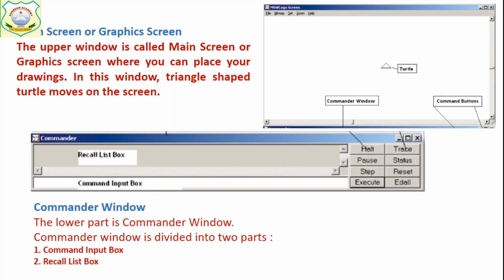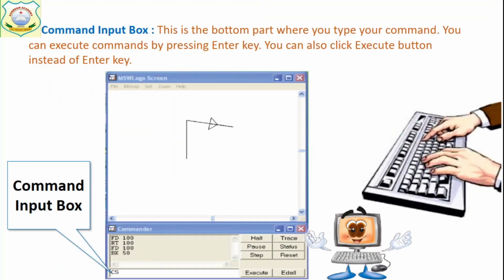Just see, command input box, what will it do? This is the bottom part. See, this is the bottom part. It is shown here by this box, the command input box. This is the place where we actually write our command.